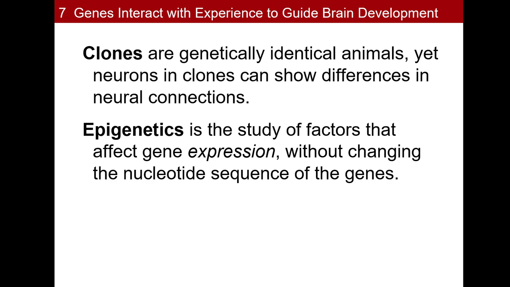So you would have also taken an egg and removed the DNA from that egg and then put in the DNA that you got from your sample, and then you could implant that into a surrogate. And then theoretically, you could have a clone where the new individual would have the same genetic information as the individual who you got that DNA from. Now, certainly, if we were in class, perhaps we could debate the ethics of this, but that is something that has been done in animals, all right?